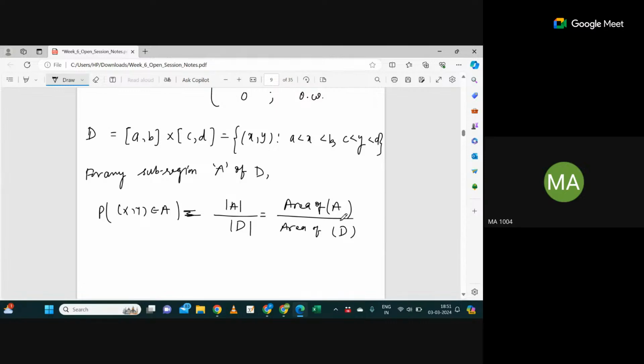Now suppose, let me take a PDF like this. For example,